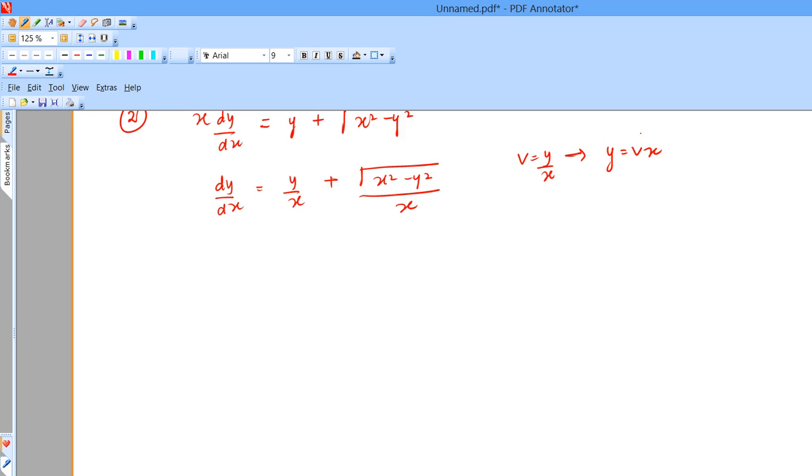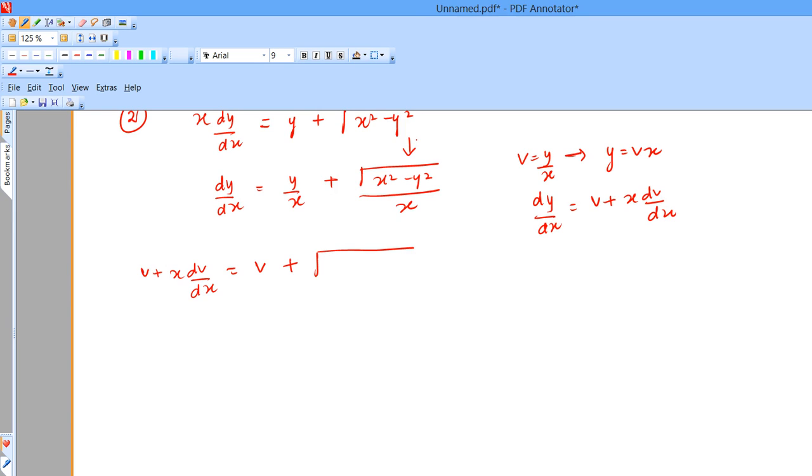We want to eliminate y, so we want to write in terms of v and x, and then dy over dx equal to v plus x times dv over dx. And we can substitute on the left hand side: v plus x dv over dx equal to y over x, which is v, plus the square root. Since the second term we can simplify,